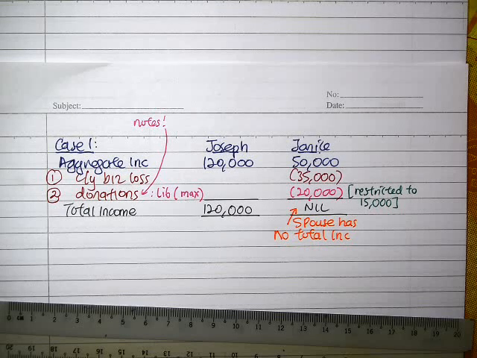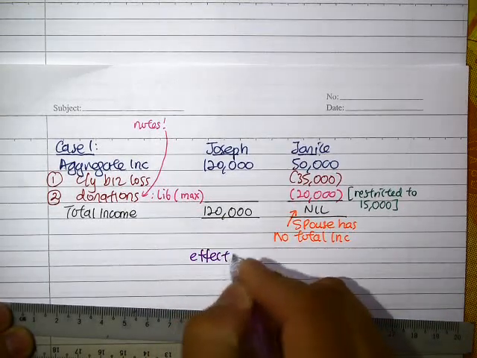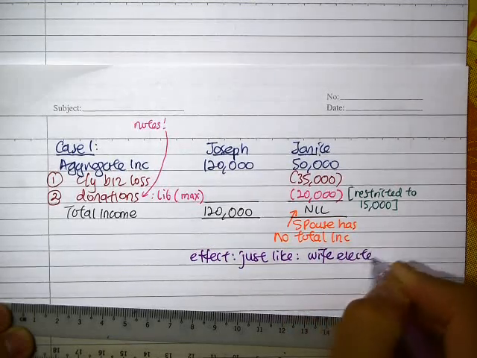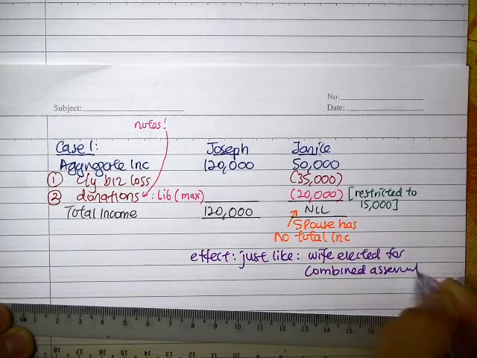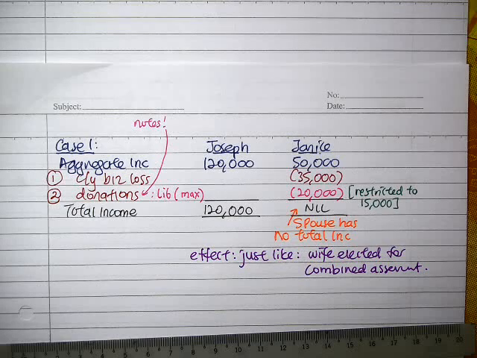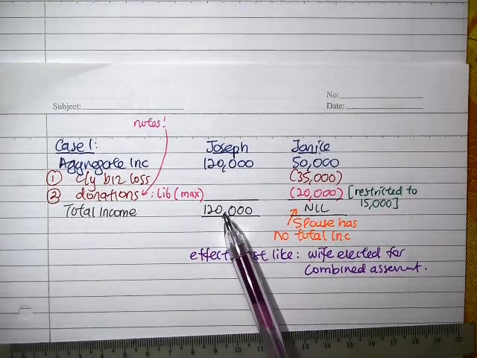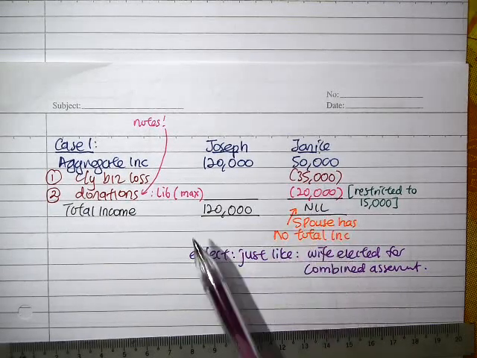But if you look at the figure over here, you notice that Janice is just having 50,000 of aggregate income. So even though the maximum deduction is 20,000, effectively you will not be able to claim 20. Okay, so it will be restricted to 15,000 because of the available aggregate income. Okay, because after 50 minus 35, you're only left with 15. Alright, so anyway, after adjusting these two figures, now you notice